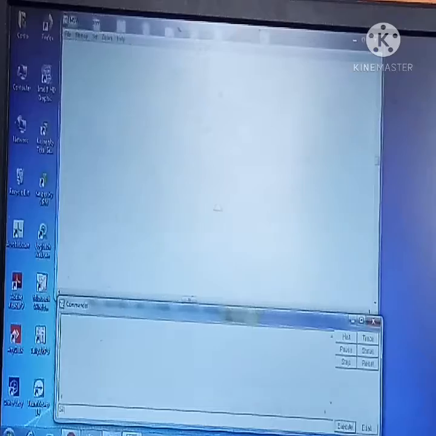Give SETH in the input box, give a space, and give the value 90 degrees and press enter. You can see how the turtle turns towards 90 degrees from the home position.